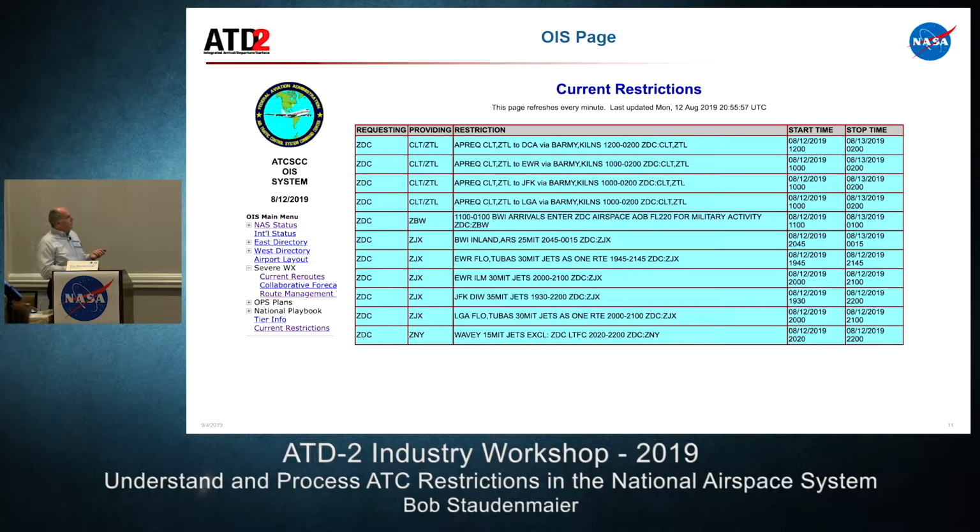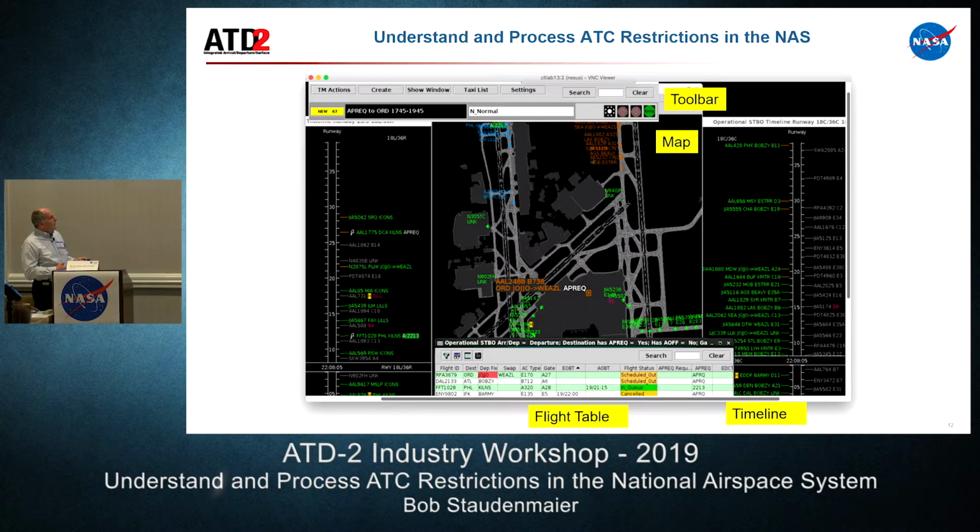And then this is that OIS page I was talking to you about. And I just took this one back in the middle of August was the date. And you can see I just did current restrictions. If you ever get into the FAOS page, you can go under current restrictions and say, what does Charlotte have to provide, or what's Washington Center requesting from people? There's different ways of bringing it up. And you can see how they already have, on this particular, they already have National on APREC, Newark on APREC, JFK, and LaGuardia on APREC out of Charlotte, okay? And then some various restrictions that they have passed back to some of the other centers. So now the restrictions have made it back to Charlotte,